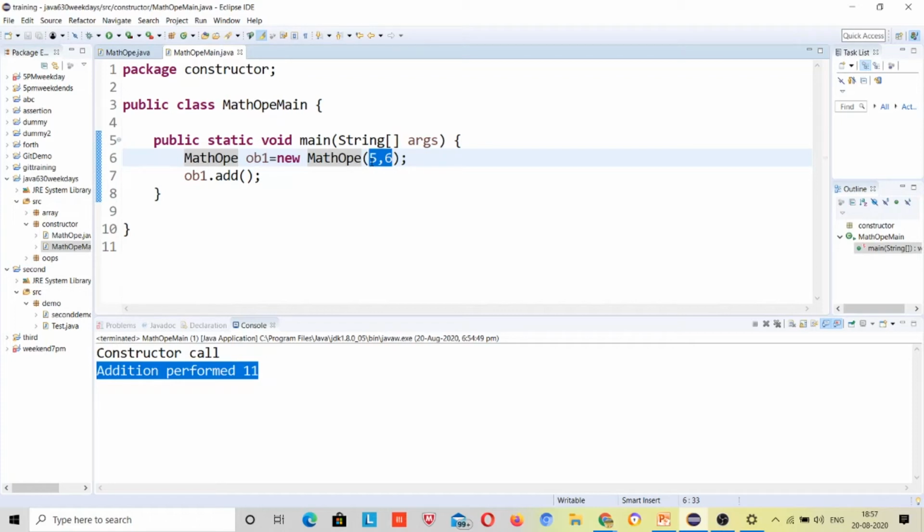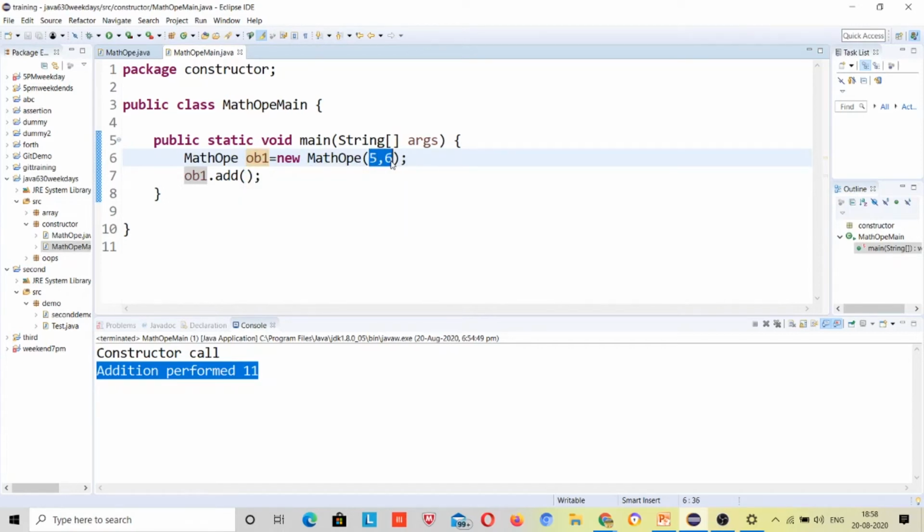This is confirmed. How many parameters will there be? Two parameters. What type are these parameters? These are integer values. So the class for which you are making the object must have a constructor with two integer parameters.